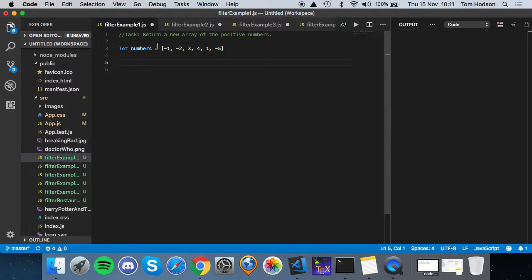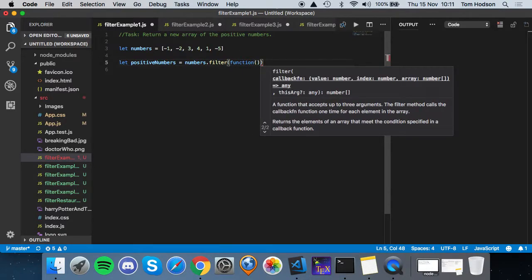So for this one, I'm going to define a new array and call it positiveNumbers. And then to get the positive numbers from this array, I'm going to have to use the array filter method on this array. So I do the name of my array, numbers.filter,